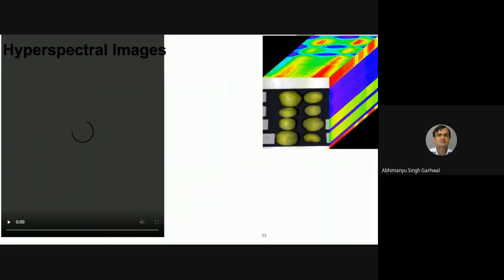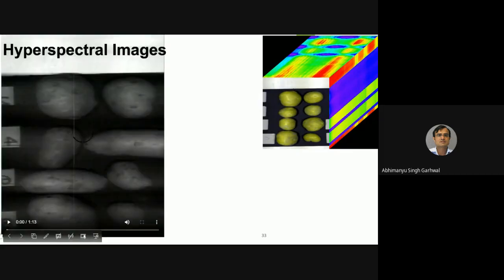Now, we captured the hyperspectral images at 235 wavelengths, so this is a video showing how